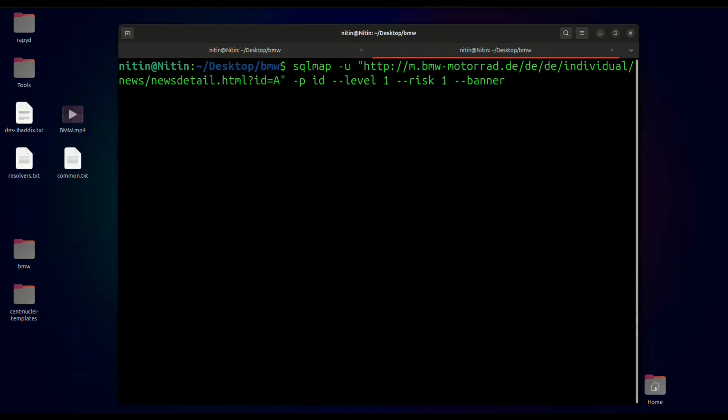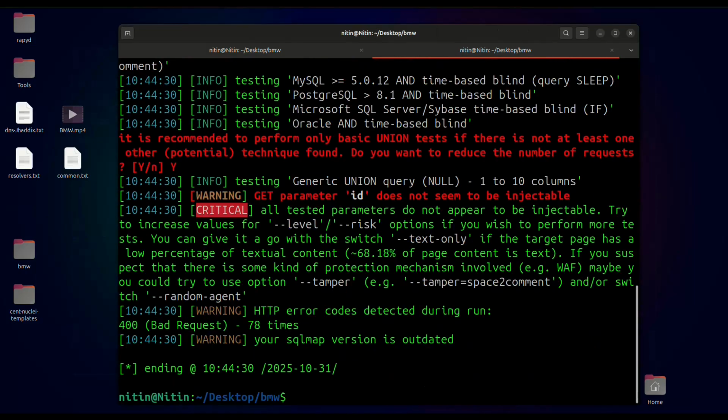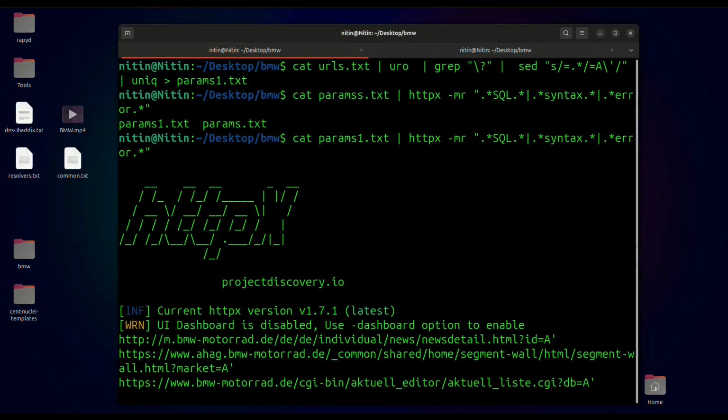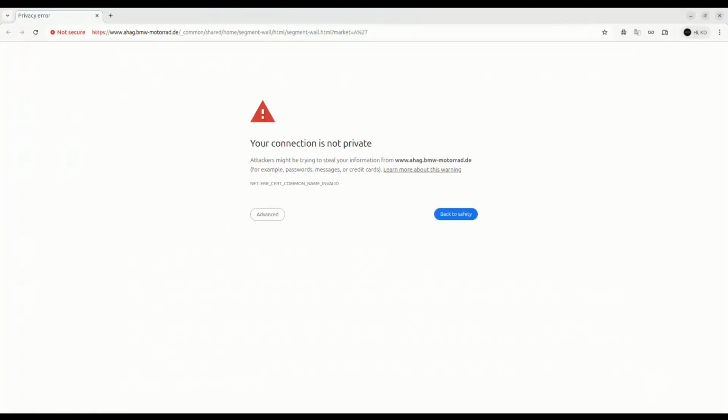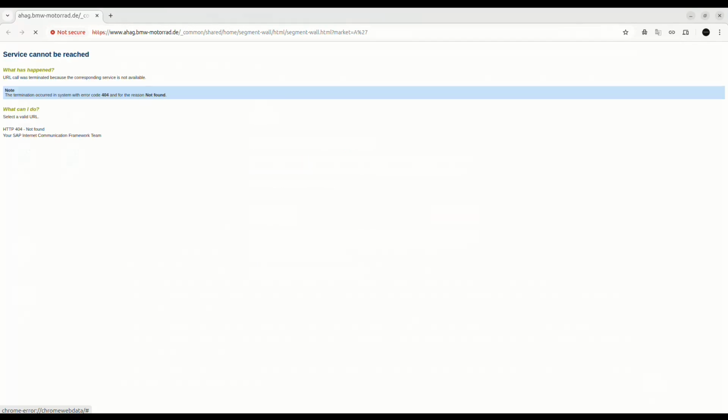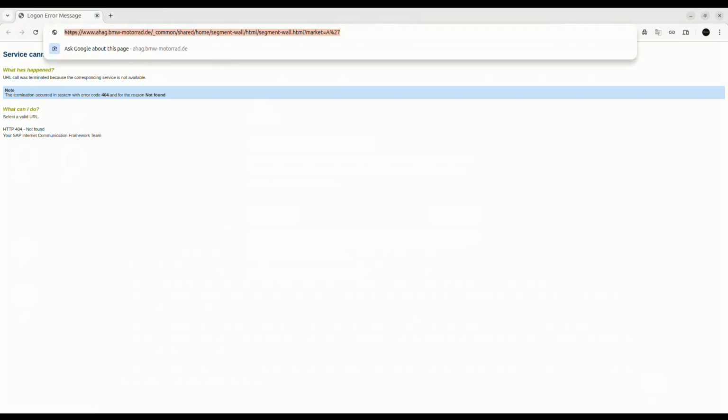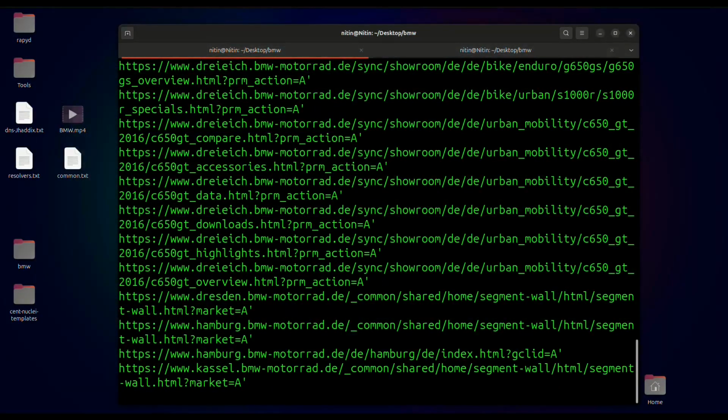We'll add --batch for automation. Okay, so GET parameter id does not seem to be injectable. So let's just try and see. Okay, service cannot be reached, select a valid URL. So let's just try this one. It is an HTTP version.